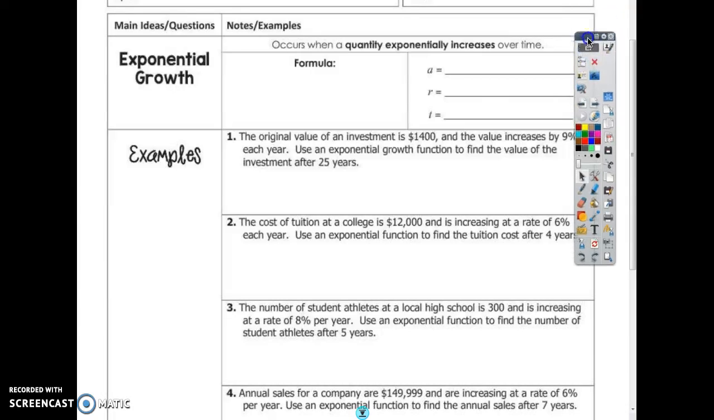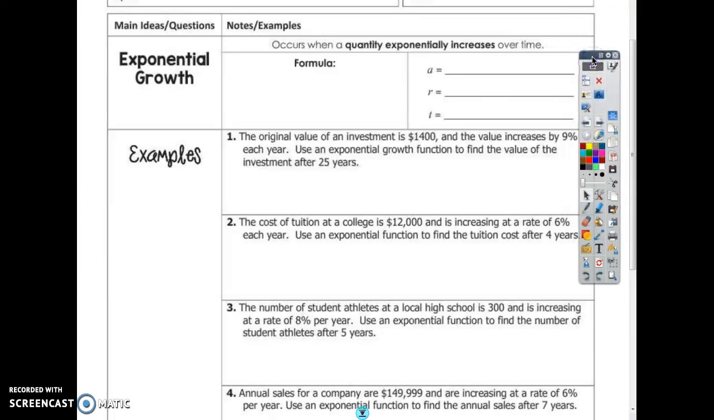Okay, so if you have not noticed, the front page is about exponential growth, and the back page is about exponential decay. So for growth, we're going to use a plus sign because it's increasing. Keywords for exponential growth, we can put it right here, are increasing,